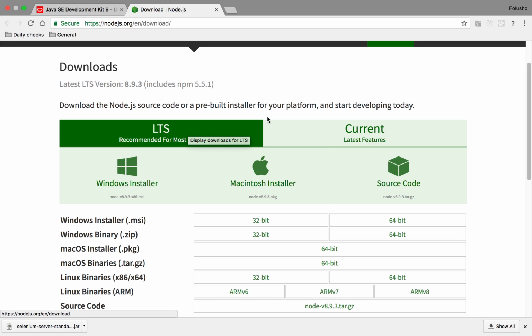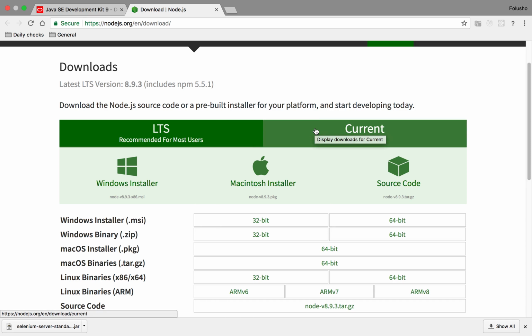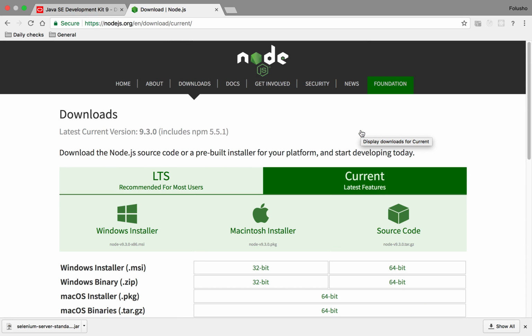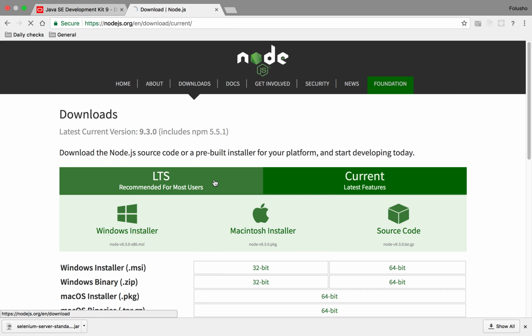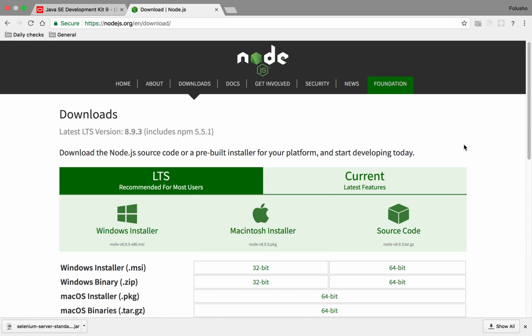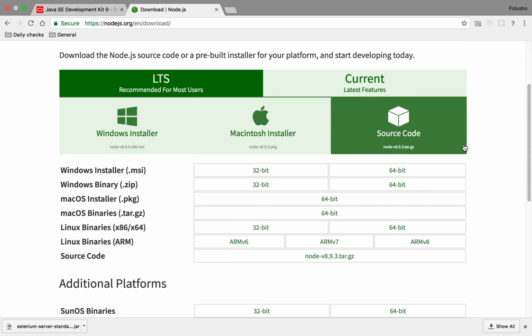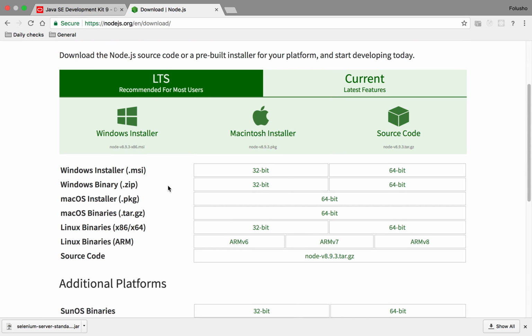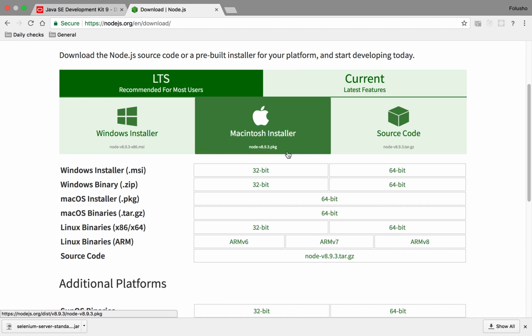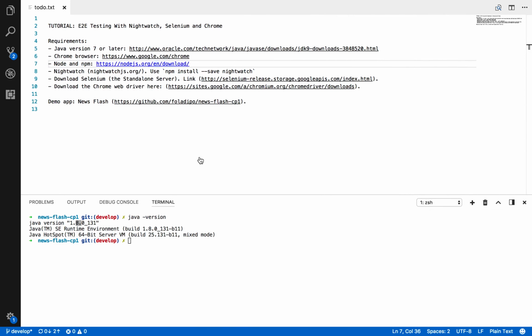So I don't really advise you to go to the current releases, which are kind of like releases that have the bleeding edge and latest capabilities. It's good, but it's not always stable. But if you really know what you're doing, sure, go ahead, download the latest releases. But to be on the safe side and just use things that are stable and well tested, you can use the LTS versions listed here. Now, back to my list, you need to install Nightwatch, and